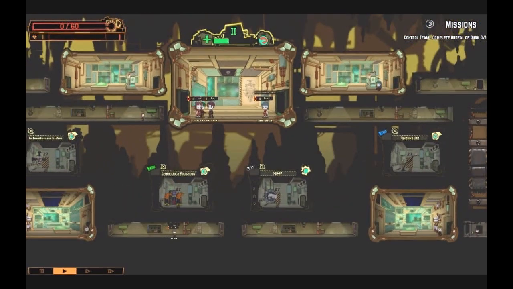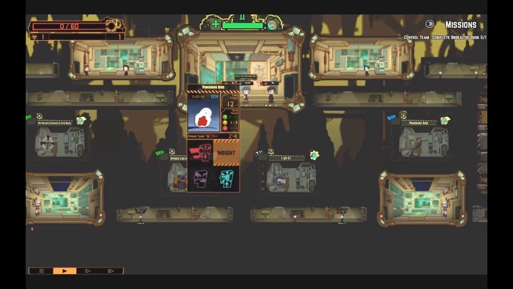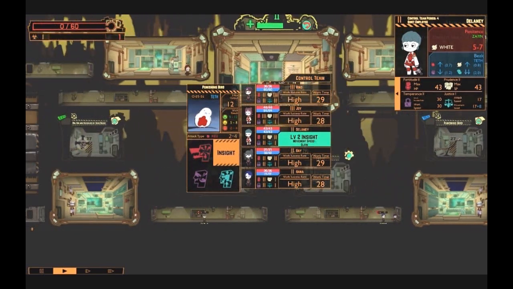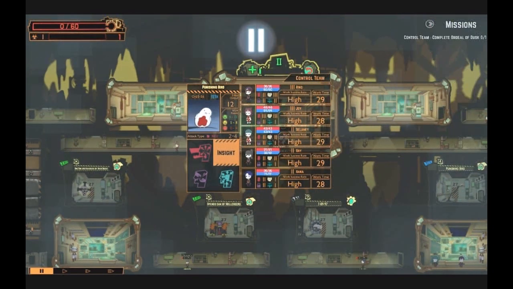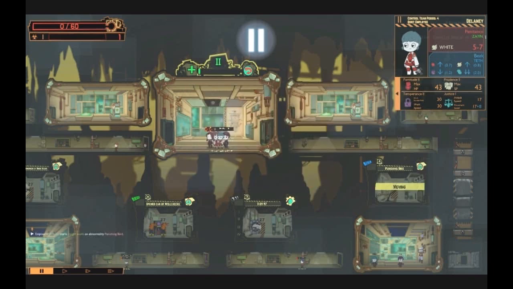Once they're all in position, I had standard procedure carried out. First, the punishing word, improving the insight of those who are not at level 3. Prudence. It would seem that all of my agents have level 2 fortitude,